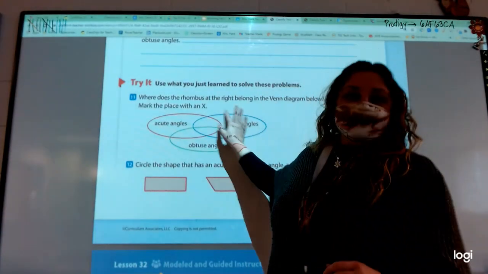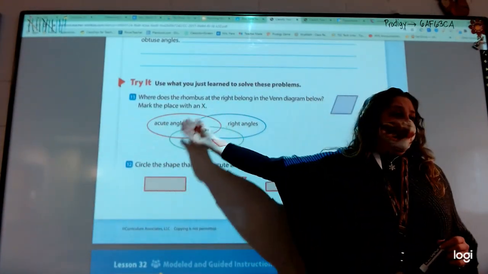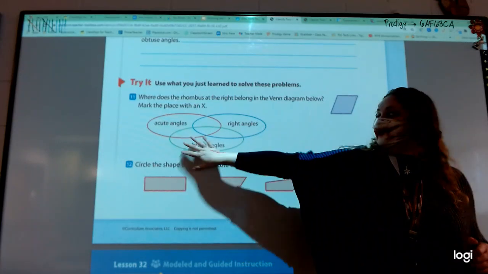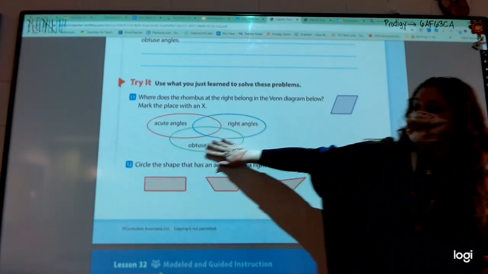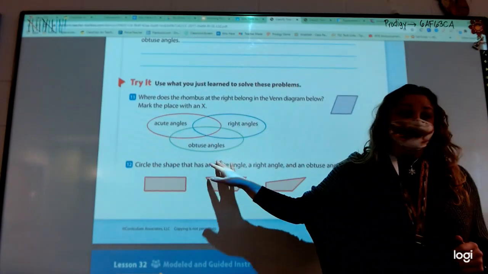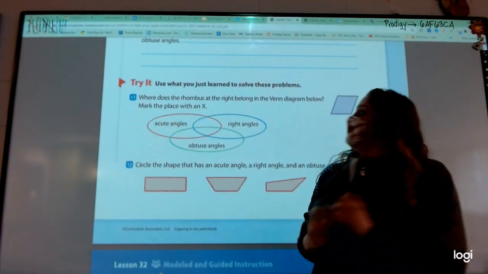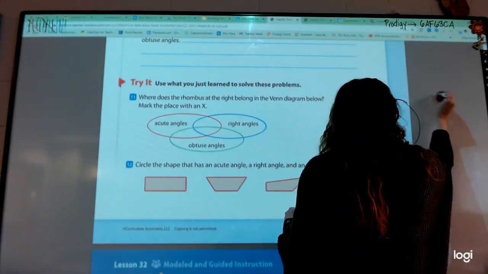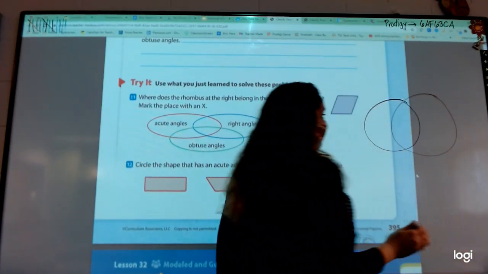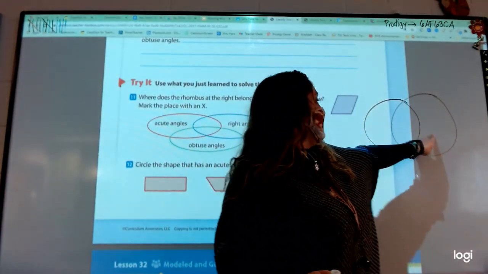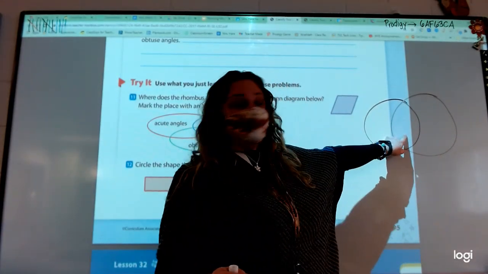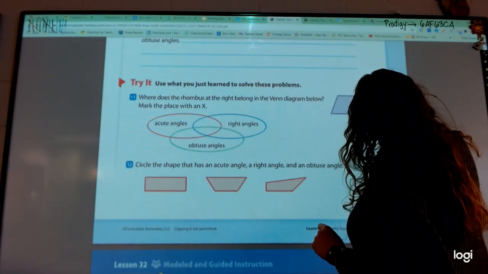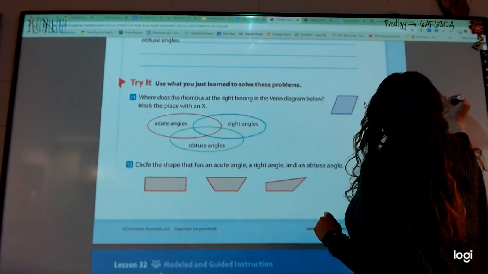So, this is a Venn diagram, right? Eyes up here, please. Row 4. Madeline. Make sure you listen. Okay, this is a very crazy Venn diagram. Okay, have you guys ever seen this type before? No, yeah. All right, let me show you how you do it. So, we usually have them like this, where you've got 2, right? So these are the unique parts, and this is the part where they're the same. So we have acute angles and right angles. So let's say this is acute, this is right,